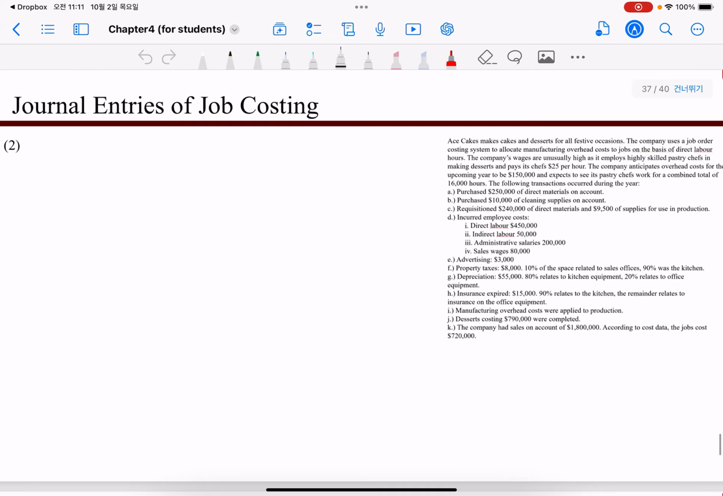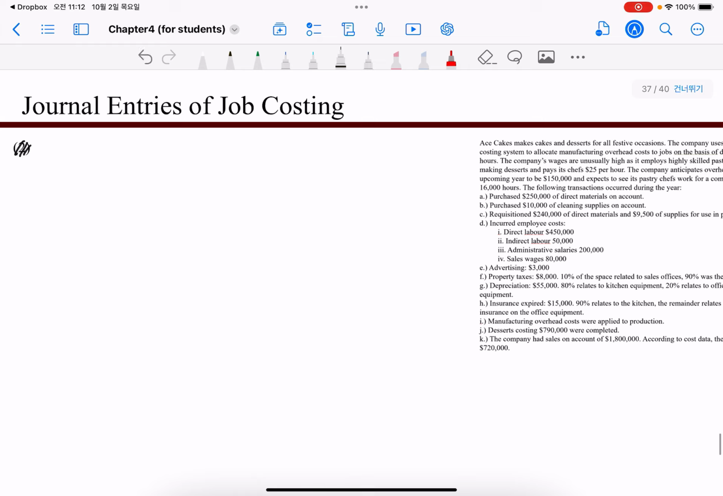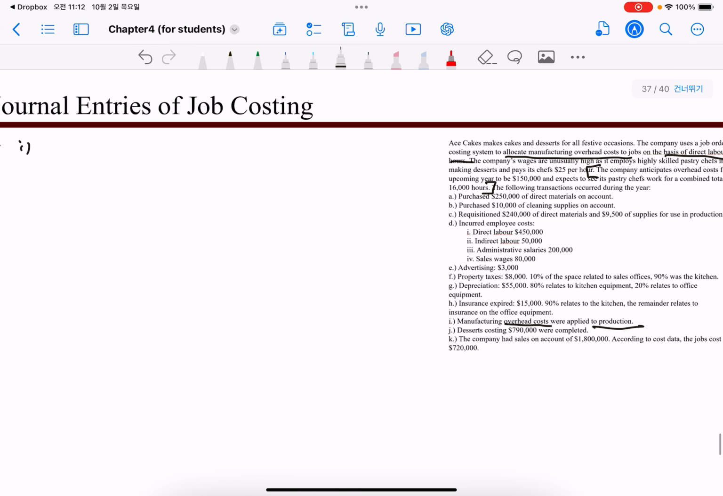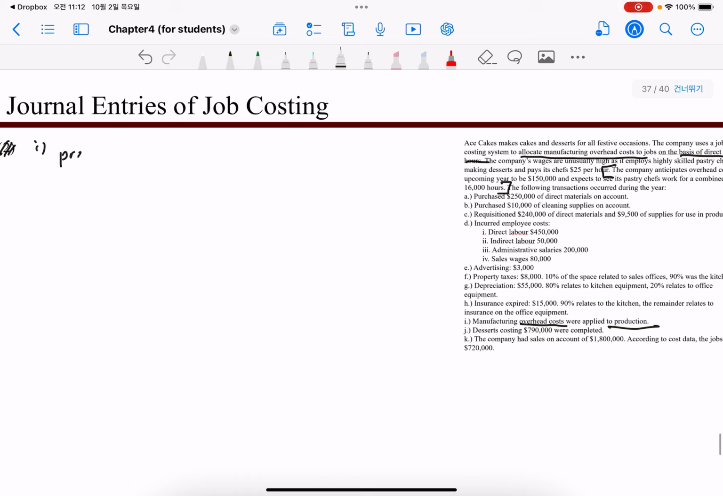Okay, I is one of the most important parts. Since we don't have much space here, let me do number 2 later. Okay, so I here is allocating the overhead cost to the production, right? So here, if we come back to the problem, it says that they're going to allocate overheads based on direct labor hour, right? So we need to find the budgeted MOH as well as the budgeted labor hour, which happens to be here, right? So we first need to come up with the predetermined overhead rate,